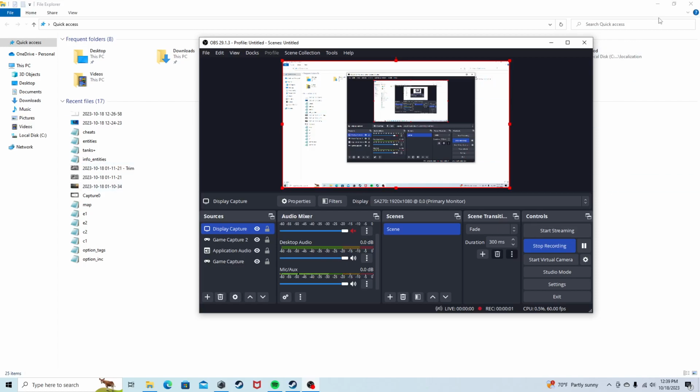What's up, guys? Today I'm going to show you how you can add any other tank into the cheat menu for Men of War Assault Squad 2. Now, this could be mod tanks or I guess any other tanks in the game that aren't in the menu. And so what we can do